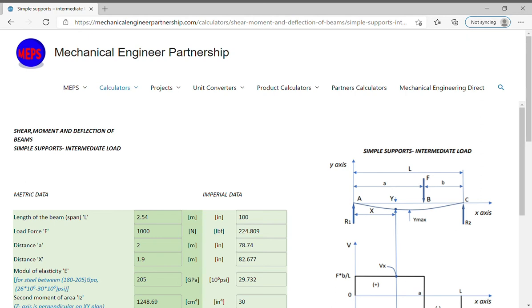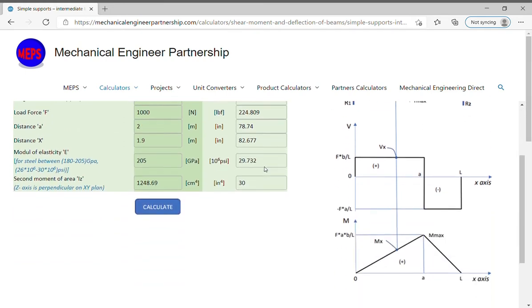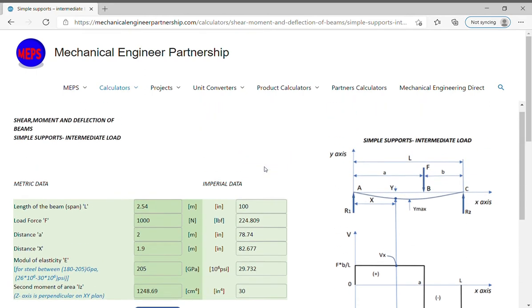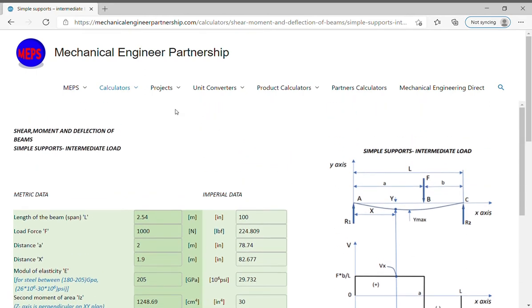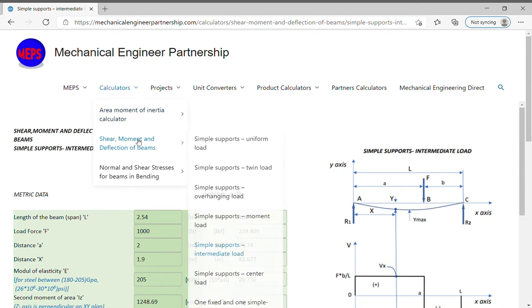Hello. In this video we will introduce you to how to use the simple supports intermediate load, shear, moment, and deflection of beams calculator on the Mechanical Engineer Partnership website. In the menu bar choose calculators and then choose shear moment and deflection of beams, and then choose simple supports